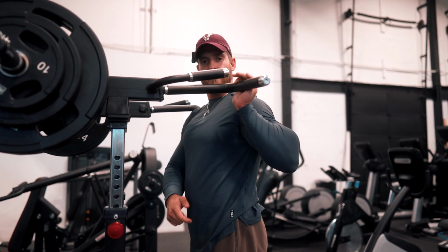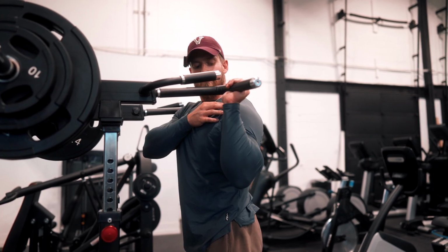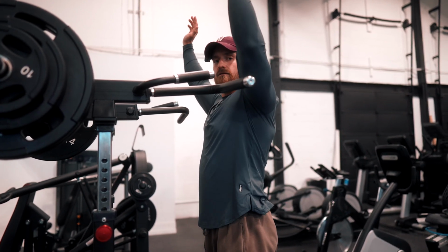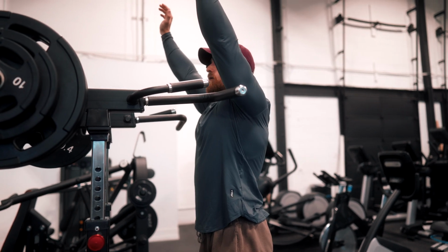The reason is that I don't want to start like this. This is already putting a lot of pressure on my shoulder joint. So I want to keep my elbow essentially tucked underneath the handle and then just move in the direction of those handles. As those handles move in front of me slightly, I want to shift